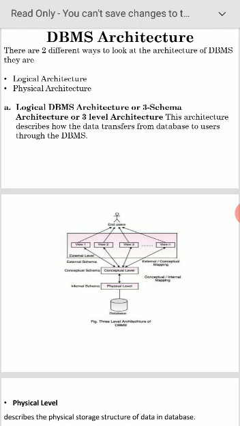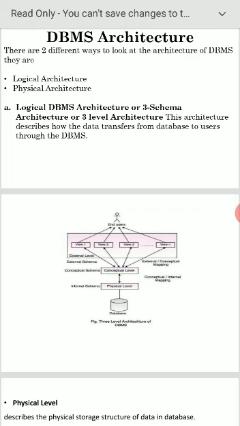The user cannot interact with the conceptual level. The user cannot interact with the physical level. After interacting with the user with the help of view level or external level, that will be transferred to the conceptual level.